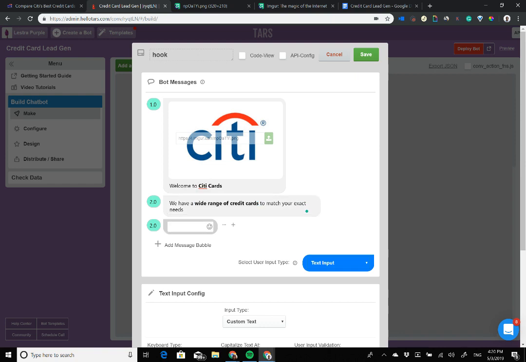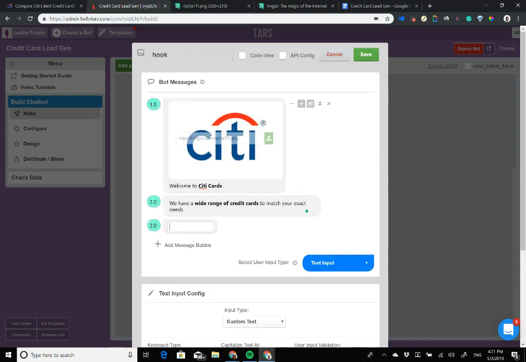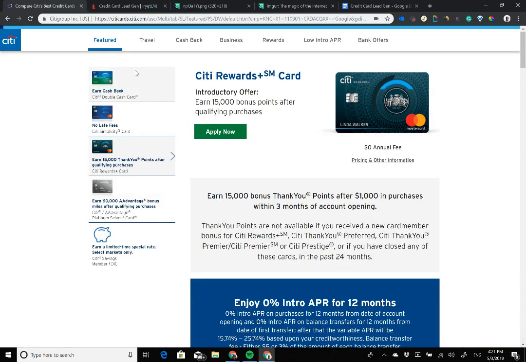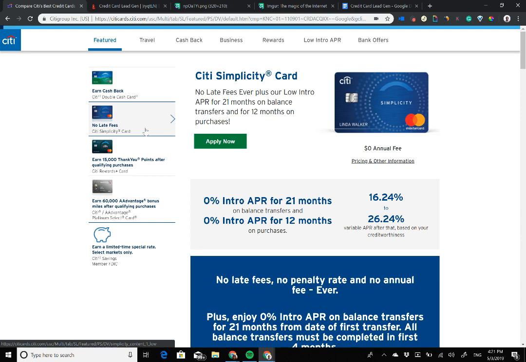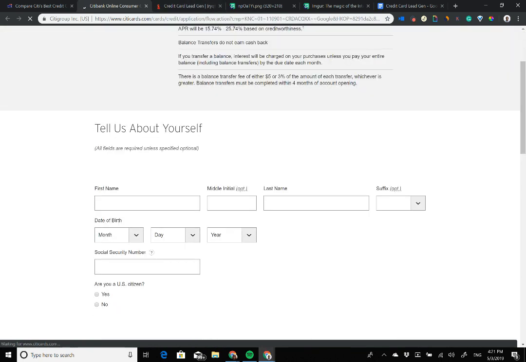The third message we always like to include is the ask message. So this is where you actually get them to begin the lead generation flow. You ask them to start the conversation, and after that you can collect all the details that you want. I usually like to make it a very non-controversial question or a non-controversial ask. So by this I mean, rather than asking them for which credit card they would like immediately, or for example, if we click on one of these things, asking them for a personal detail that's there in the actual lead generation form, I usually ask them a sort of ceremonial question